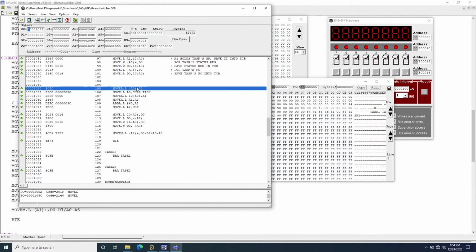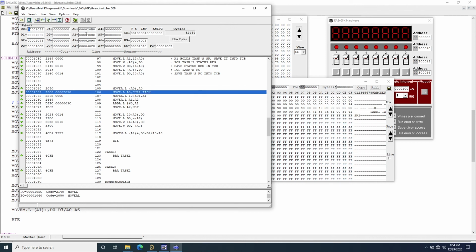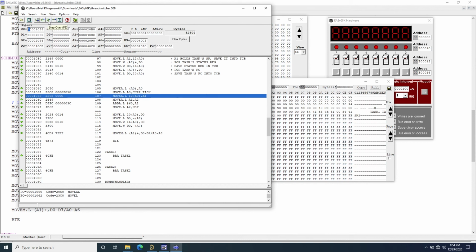Okay, so basically what we're going to do now is go get the data out of, so we're going to go to the next task here, right? So in A0, 2098 has cur task. Okay, 20B0 is the TCB for the next task, right? That's the TCB for task 2. Okay, so we're going to install that TCB into the cur task structure,